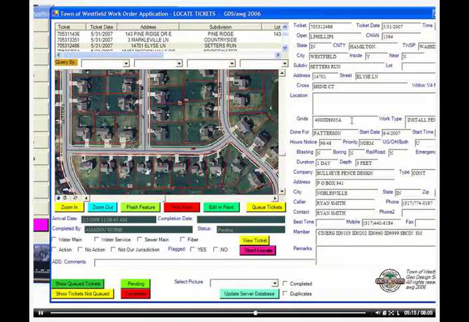First, you can see information on the locate ticket itself, and as you can see here now, the time is recorded as to when they arrive at the site to do the locate. It also brings in the username of the employee that is doing the locate, and then sets the status to pending. Just like in the other example, you can see the map zooming into the vicinity where the parcel is